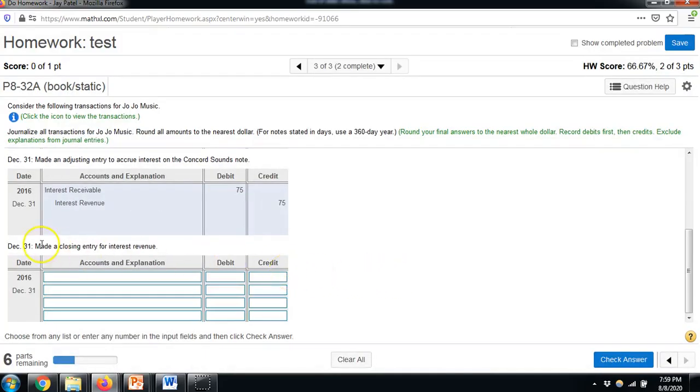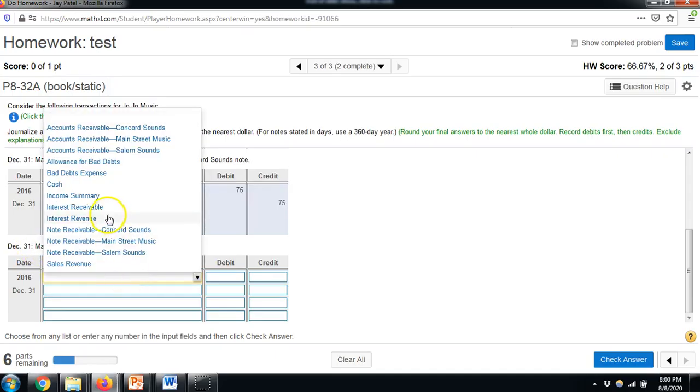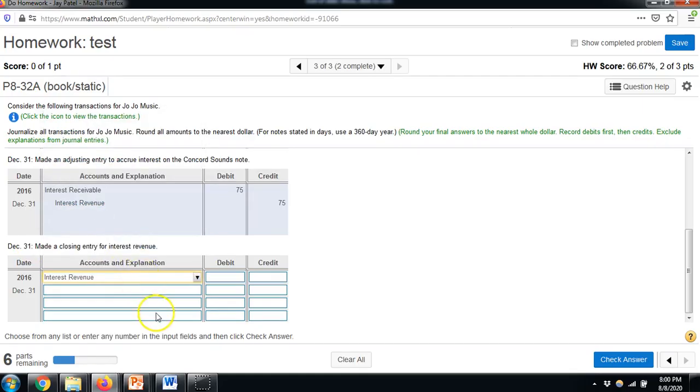Okay. So now make a closing entry for interest revenue. So basically, if you remember from how to close out at the end of a period, we're going to have to debit interest revenue to close it out. And what account do we use to do that? As our credit, we use income summary. So we have this interest revenue here open at the end of the year. Now it's asking us to make a closing entry. So we're basically going to have interest revenue and income summary,